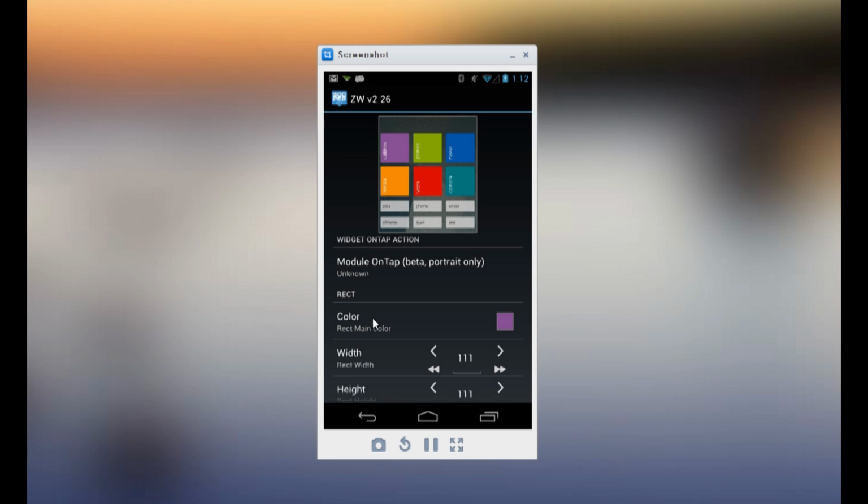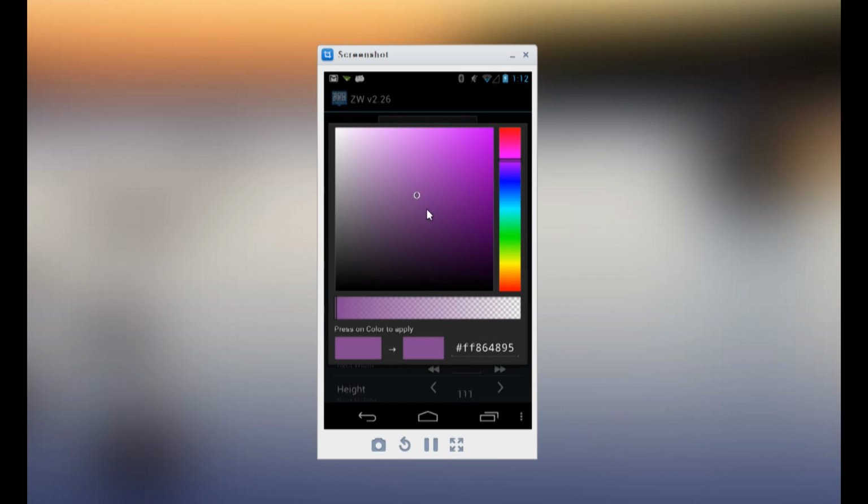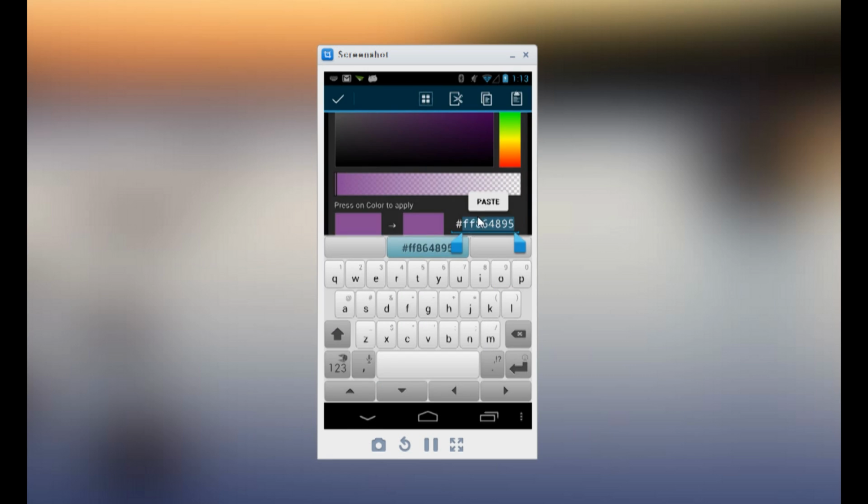Okay, so now we're going to look at the colors. We tap on the little square, it brings up our colors. You could choose to select any color you want. If you don't like the purple, you can change that. You can also copy colors. So if you hold down on this and you like this color of purple and you maybe want to use it on other icons, you can just tap up here and you can hit copy, and it will copy it